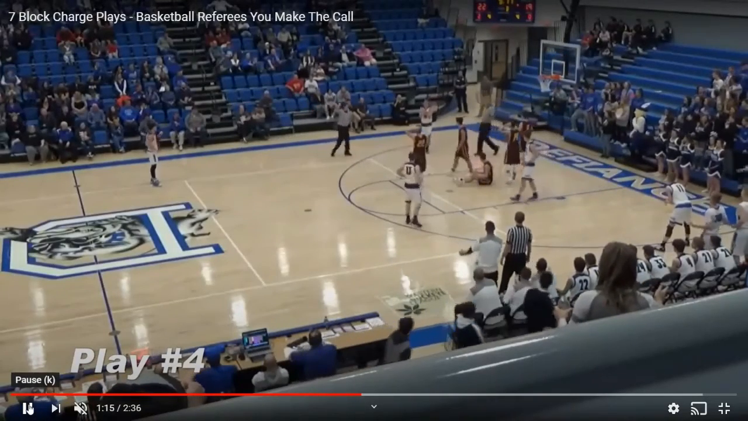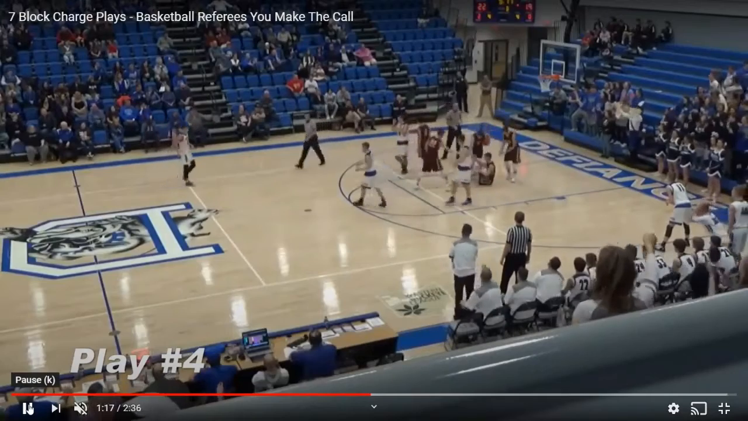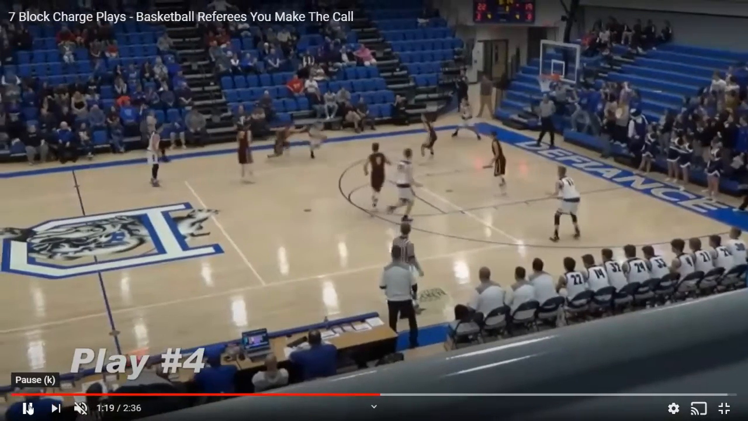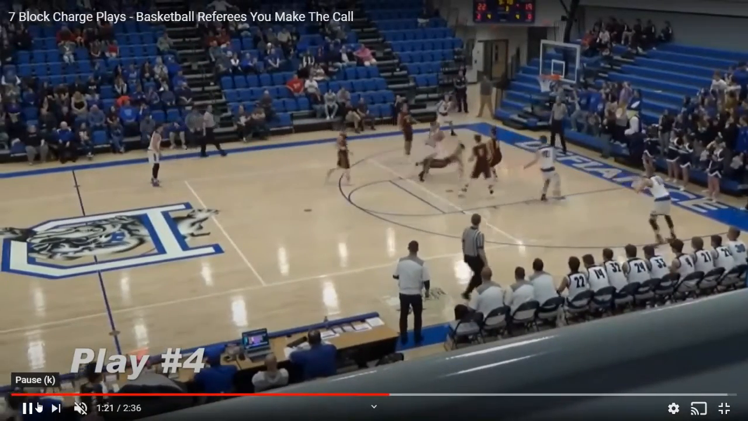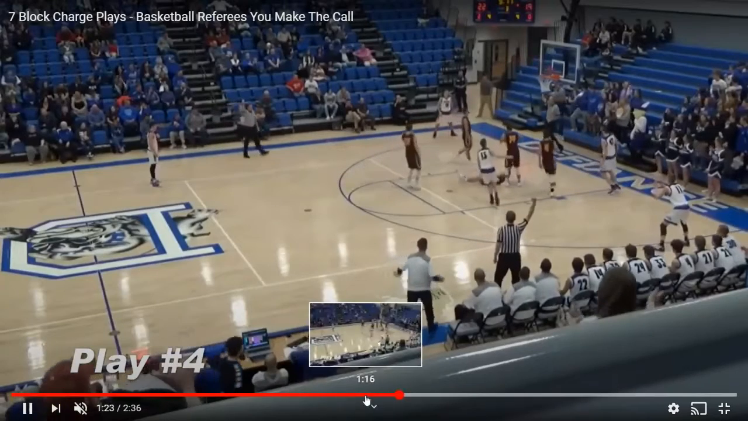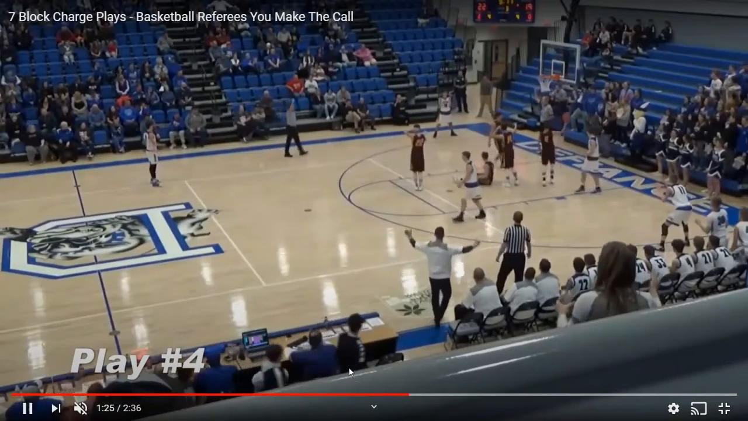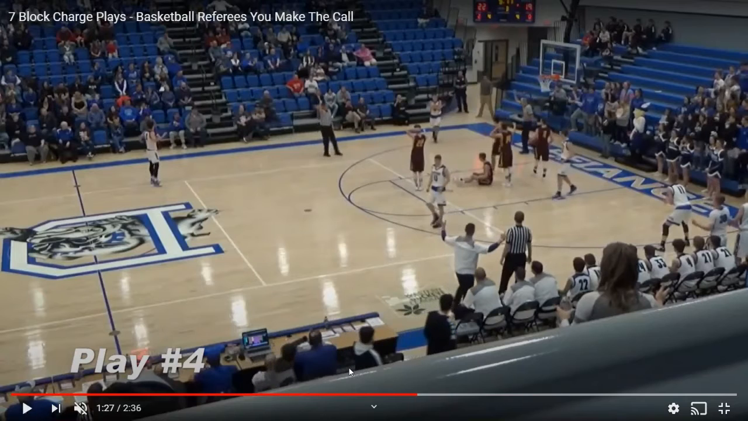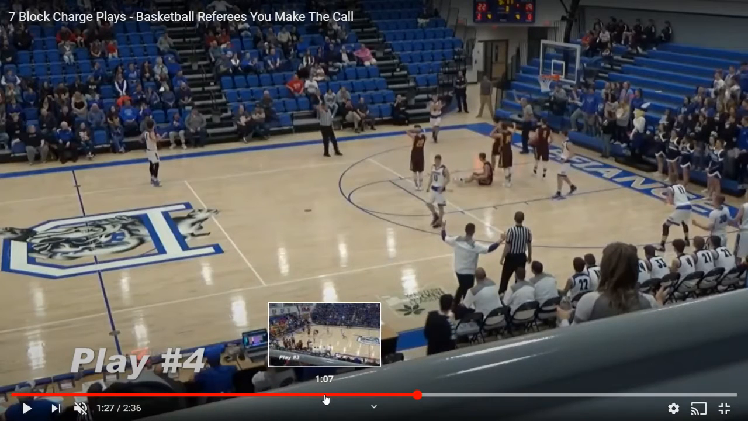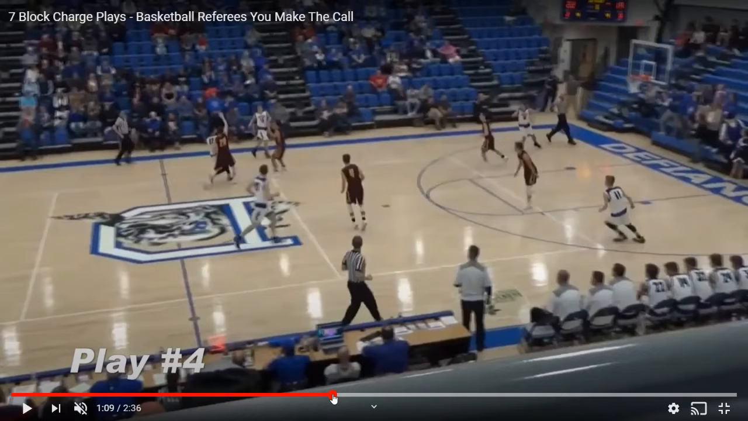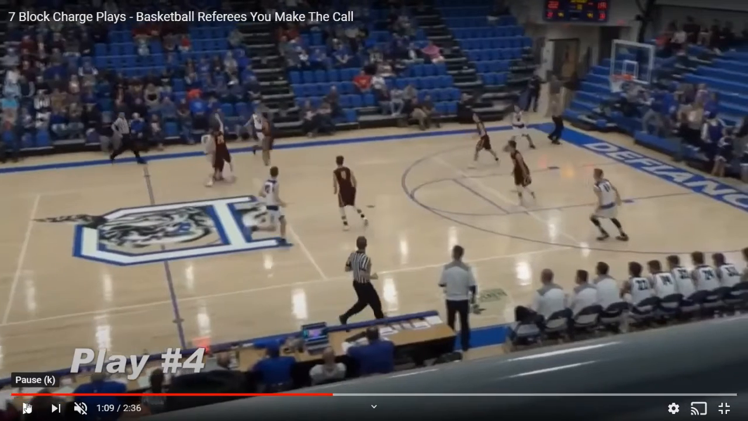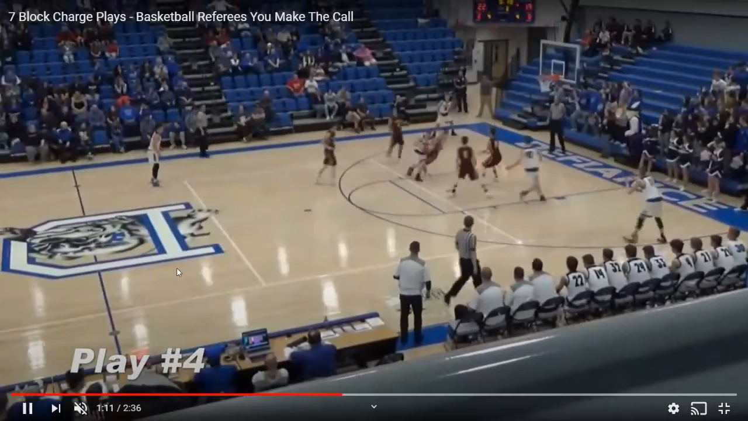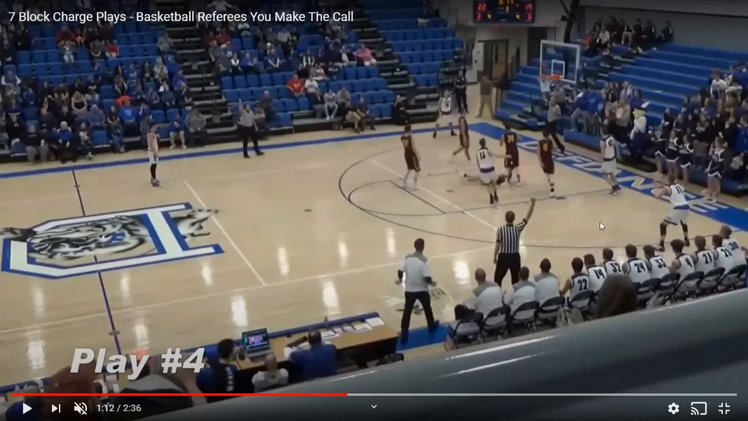All right, a little bit to unpack on this play. We have a drive from the high wing area, and then contact right below the elbow on the lane line between the lead and the trail. We do have 3 whistles on this play. The center official pretty quickly drops his arm. And then we have a little bit of communication between the lead and the trail official about who's going to